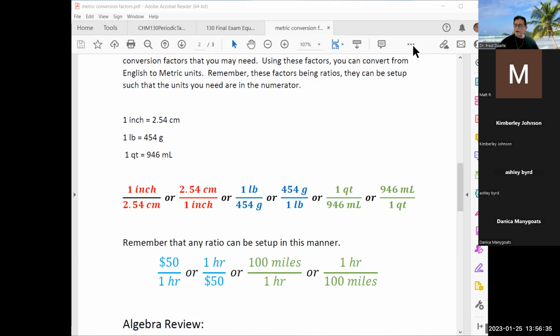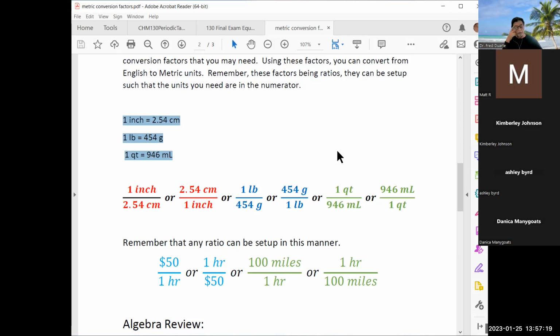So these conversion factors here, that 1 inch is equal to 2.54 centimeters and so forth, all of these right here are given to you on the sheet, okay? So you don't have to memorize those. Those factors allow you to go from English units to metric units, and we give you that. Now, within the English units and within the metric units, that's on you. Those are factors that you need to work through, like that table I just showed you, going from centimeters to meters, micrometers, etc. Okay, but these 3 units will get you from inches to centimeters,